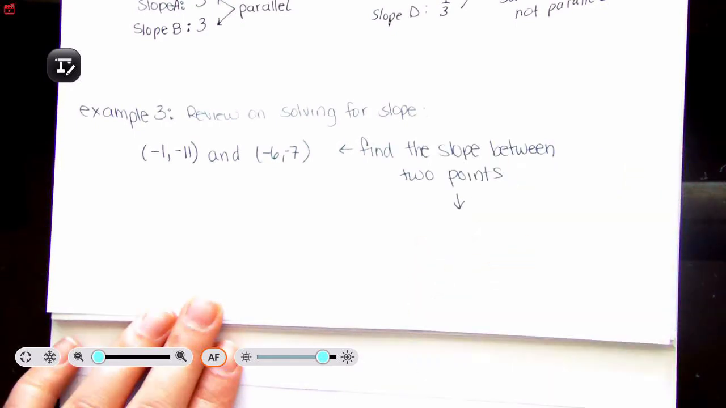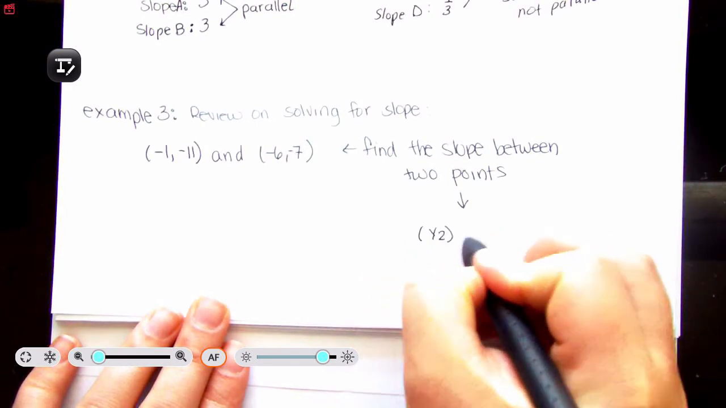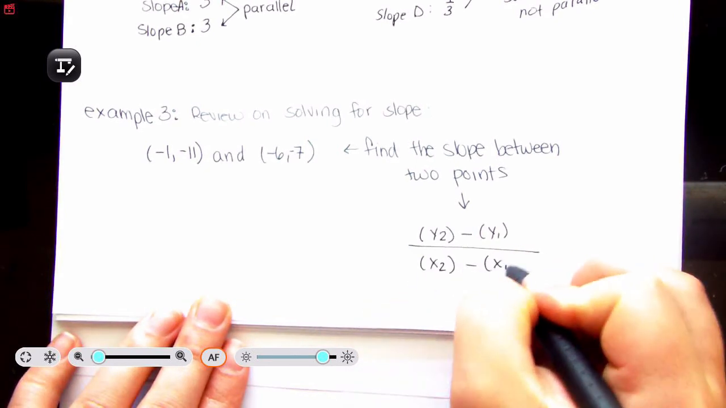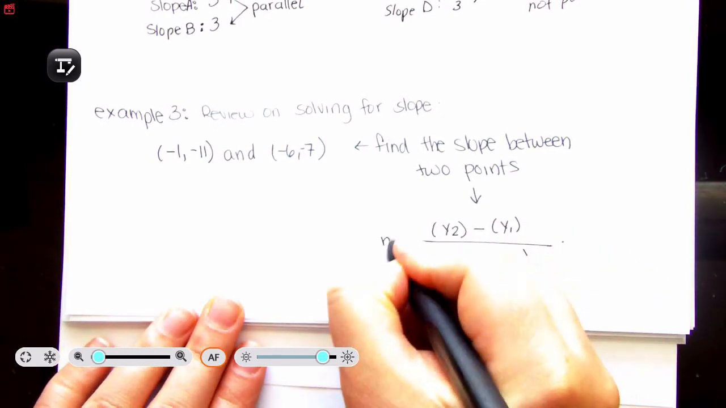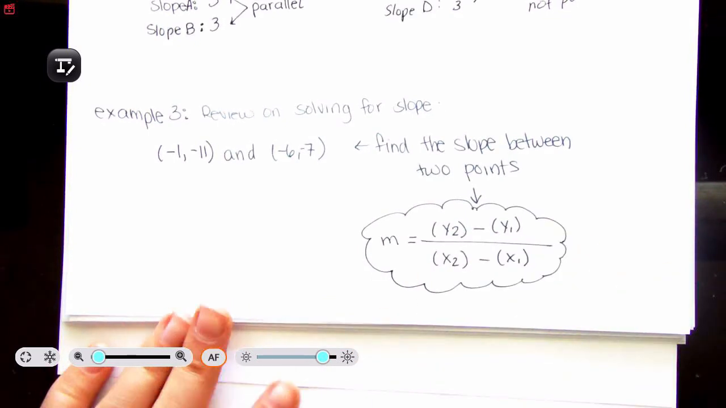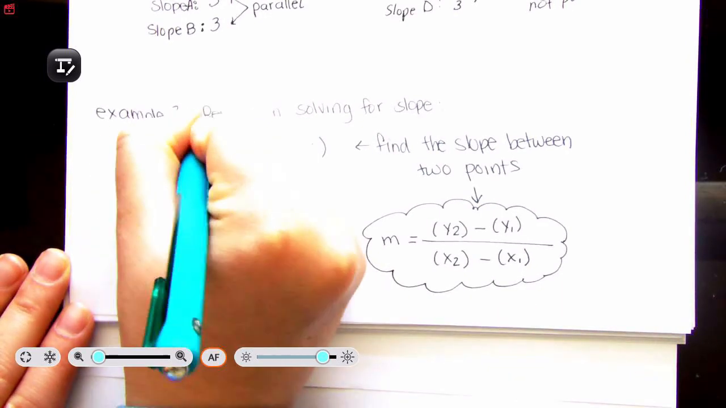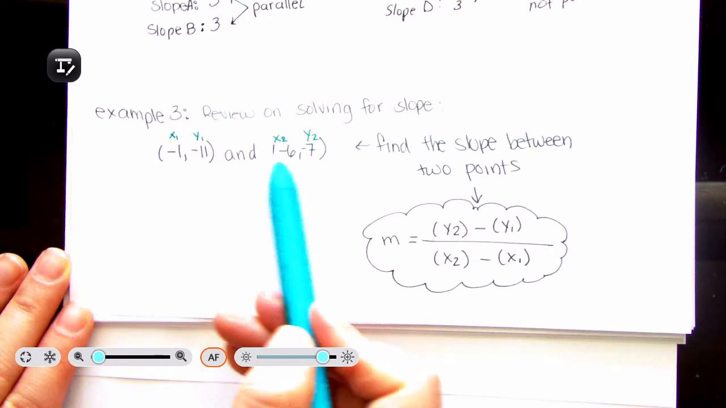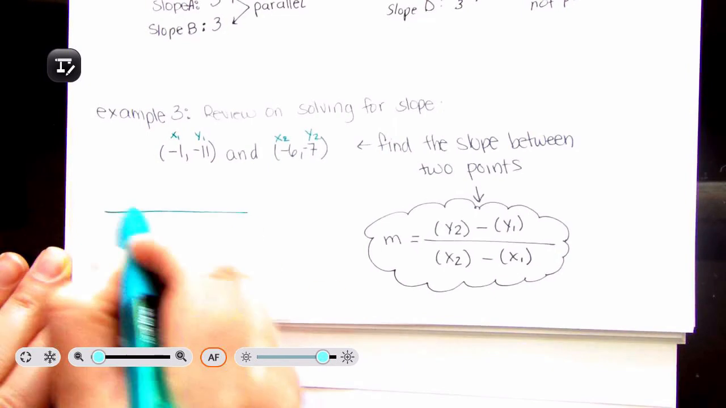You need to be able to use the slope formula. And what that is: y2 minus y1, make sure you have parentheses, over x2 minus x1. This is your slope formula. This is something you need to have memorized. You're going to use this in integrated math 1, in algebra 1, all the time. So now that you have your slope formula, you're going to label x1, y1, x2, y2, and then using that formula, plug in your numbers